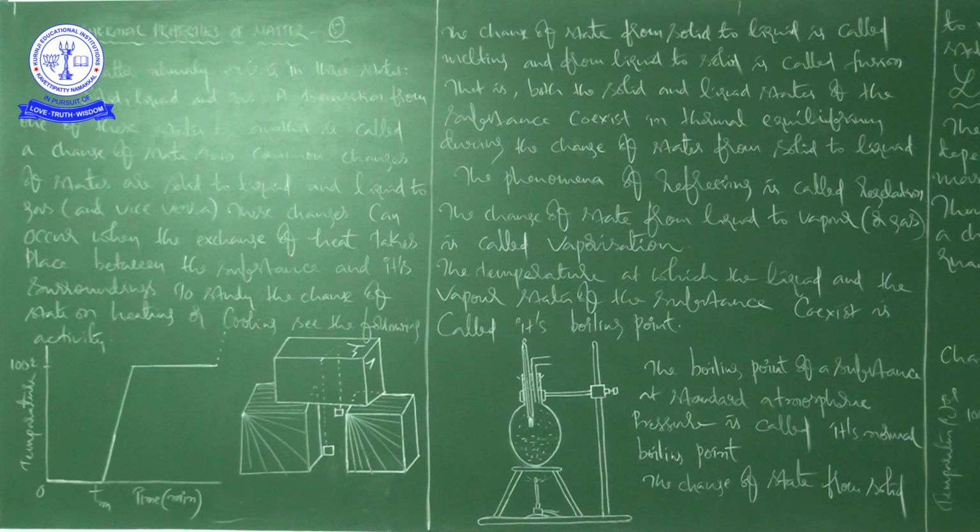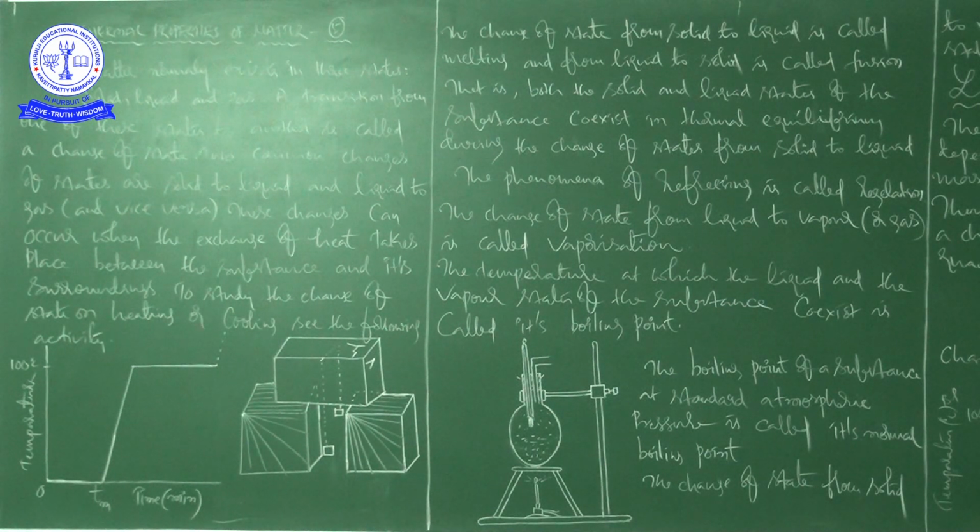Okay, now see, if the steam outlet is closed for a few seconds to increase the pressure in the flask, then what will happen? You will notice that the boiling stops, right? More heat would be required to raise the temperature before boiling begins again. The boiling point increases with the increase in pressure. This is the important point we have to note down. The boiling point increases with the increase in pressure, right?